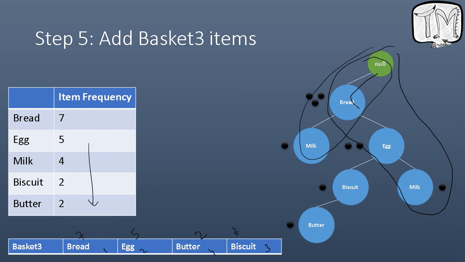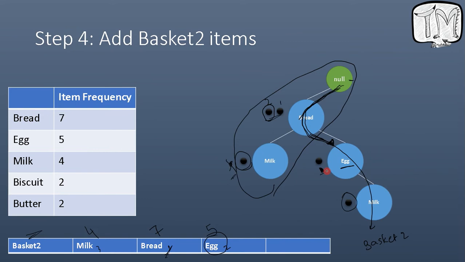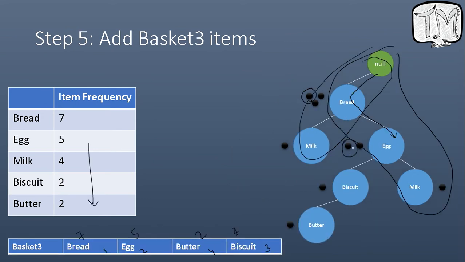So bread is already there. What we do, we will add another dot here telling that there was another basket or visit for bread found. Okay, then next is egg. As you know, egg is already there. After bread we continue, and again for the egg we added another dot here. So here egg had only one dot, here it has two dots. Okay, now egg is also added.